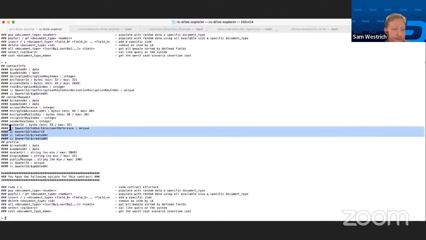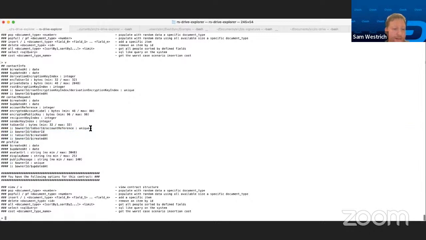So as you can see, there are some indexes here, and whether the index is unique or not. One cool thing that I built in here is that it's not very easy to test when you want to create random data. So let's imagine that you want to see how long it's going to take you to create 100 profiles in storage and how fast that is.